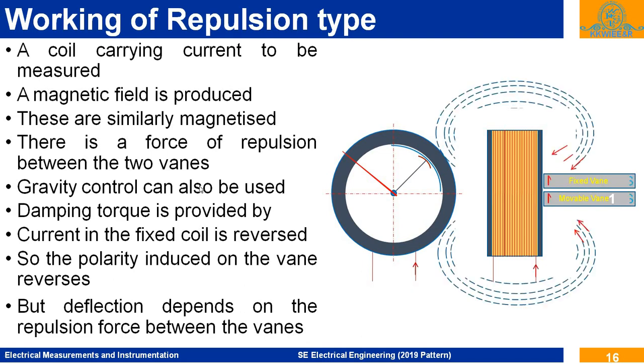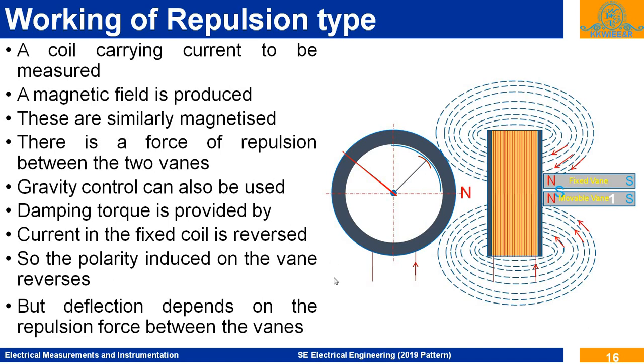When we connect this meter or switch on the supply, the measured quantity will start moving through this coil, which will establish the north and south poles. North is shown by red, south is shown by blue. This is the magnetic flux. With this, magnetic poles are generated in this fixed vane. At the same time, north and south poles are also generated because of this magnetic field in the movable vane.